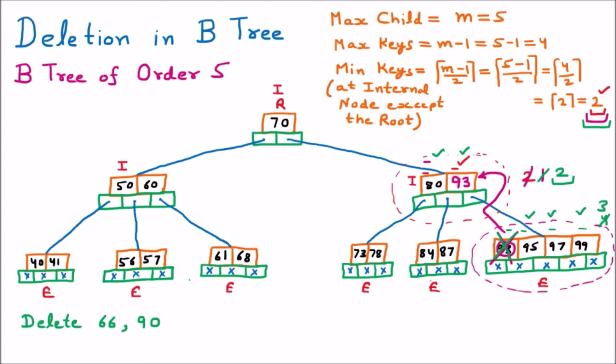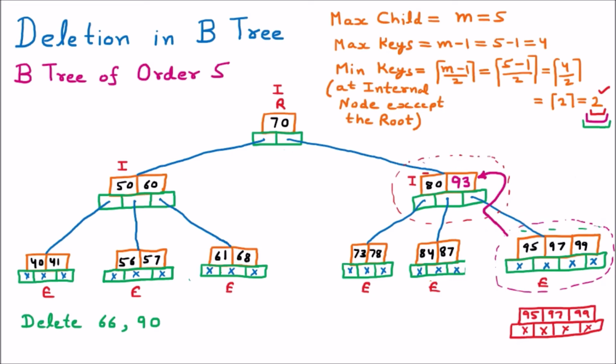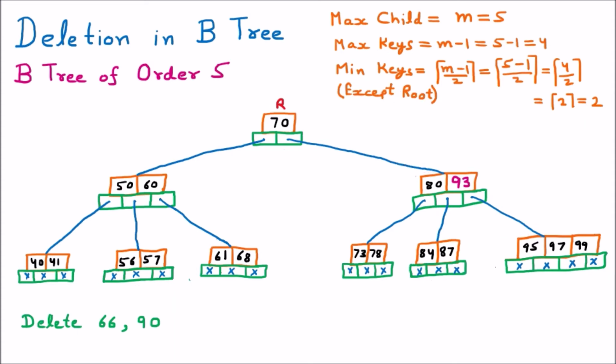Now the bottom node where we deleted the 93 will look like this, where we have 95, 97 and 99. So 3 keys will be there and they will have 4 children, which will all be null because there is no further child available. So we are going to make the tree now. This is the final tree which will be constructed after deleting the element 90, with the element 93 taking the position in the upper node. Now we are going to delete the next node here.